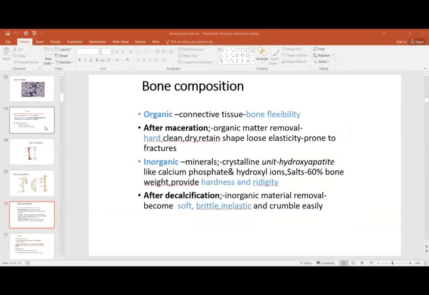So if you remove it by the chemicals, the inorganic material is removed, the hardness is not going to be supported. Your bone is going to become soft and brittle and inelastic, and it's going to be flexible, and it can break away easily because the material which provides it hardness and which gives it support is gone by the decalcification. So these are the two components of the bone, organic and inorganic in the ground substance, which provide different functions. Organic gives it flexibility. Organic is your connective tissue, fiber, cells, all that. Inorganic is the salts which are there. So when you remove the salts, the bone becomes hard and it crumbles easily because it becomes very friable.